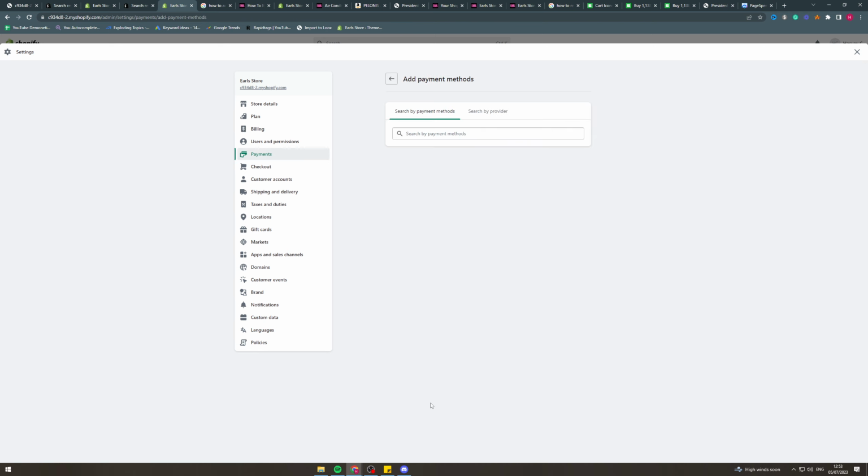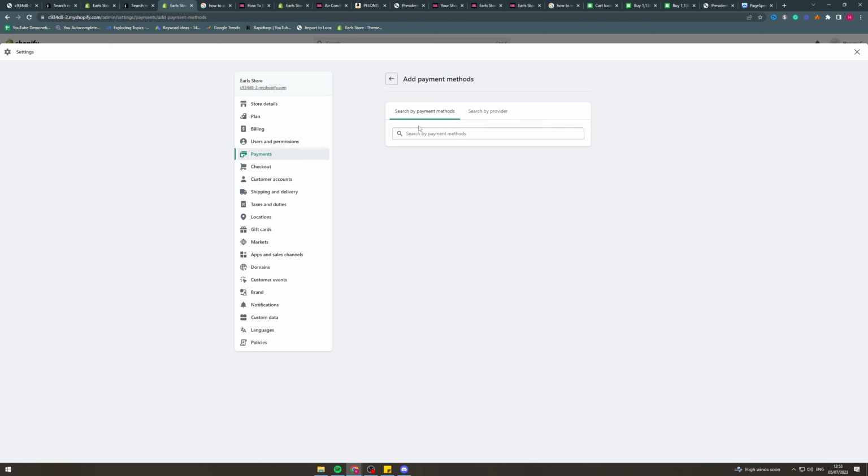Now from here you can go to add payment methods, and there's a few different ones you can type in here. I believe if I type Apple Pay in this one, it should pop up. Let me see in here, maybe this one. Maybe it's not in that one. It may be see other providers here. So it's not showing up in any of those settings, but the way that you would do it is you